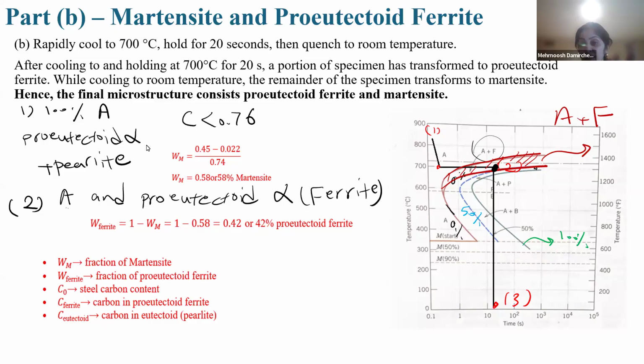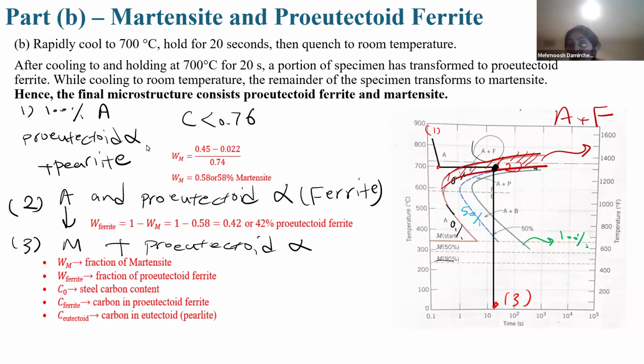No part of austenite has converted to pearlite. And at 3, because we reach room temperature, which is below the martensite temperature, 100% of austenite converts to martensite plus proeutectoid